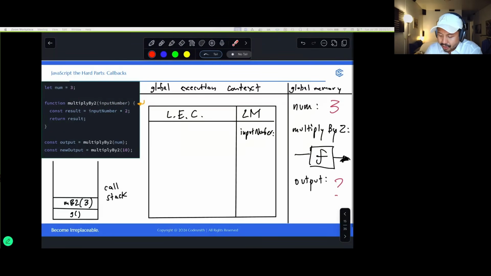So the argument of 3 gets paired with our parameter inputNumber because we had invoked multiplyBy2, passing in num. inputNumber is basically just a label or a placeholder for some future information that's going to be coming in through a function call or an invocation. So we paired our only parameter, inputNumber, with the argument of 3. Okay, so now that we've done that, we can actually move our thread of execution into the first line